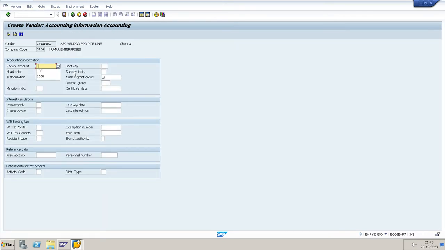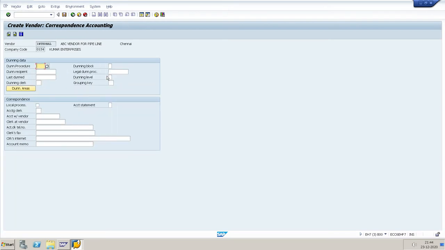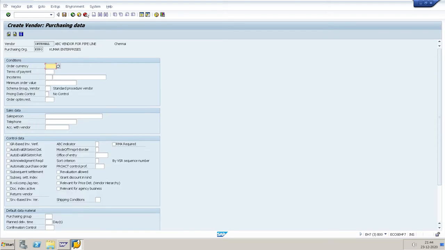Reconciliation account I will give 1000. Cash management group A1. Payment terms. In purchasing data, I will select automatic evaluated GR settlement, because we don't select GR-based invoice verification in this pipeline process. There is no invoice, no receipt.